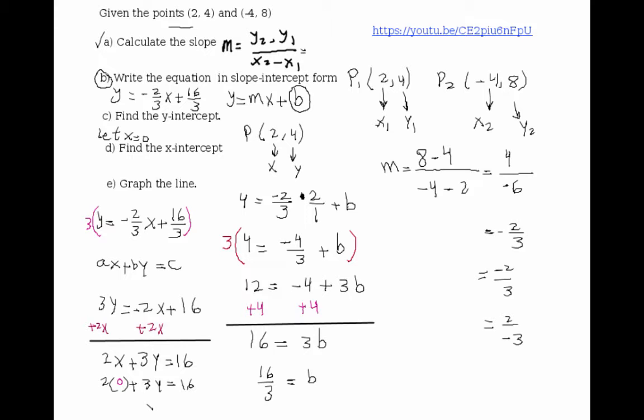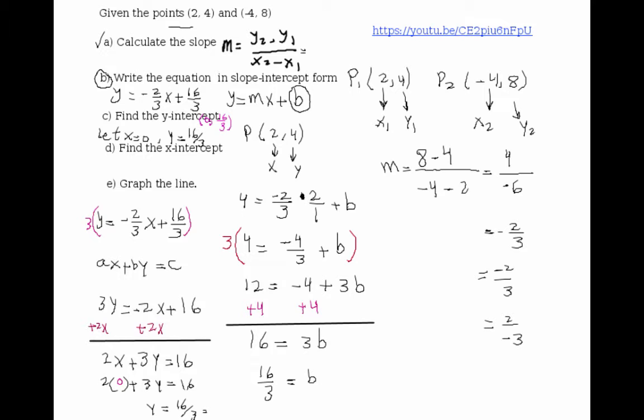So it would be 3y is equal to 16, y is equal to 16 over 3, right? Or we could look at it here. If x equal to 0, y is equal to 16 over 3. That's probably easier to look at, right? So y would be equal to 16 over 3. So remember, x and y intercepts are points. So we're going to present this as an ordered pair. So you want to write this as an ordered pair. So use the parentheses, x equal to 0, comma,